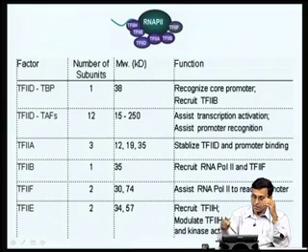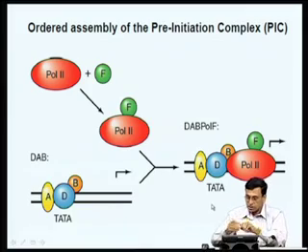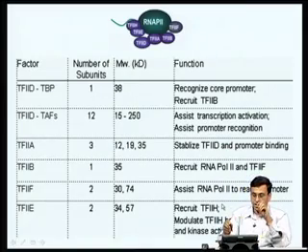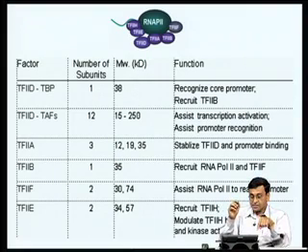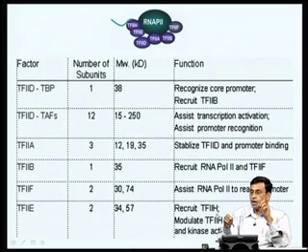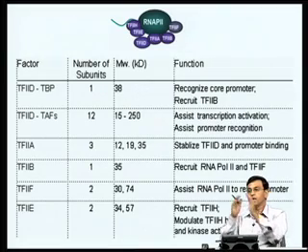Especially TFIIH. For example, TFIIE is involved in the recruitment of TFIIH, and TFIIH has a helicase activity, which is responsible for modulating the active RNA polymerase II. I told you in the previous two slides that RNA polymerase II contains a carboxy terminal domain, which is rich in serine and threonine, and it is TFIIH which phosphorylates the carboxy terminal domain of the RNA polymerase, and is responsible for converting the initiation complex to an elongating complex.